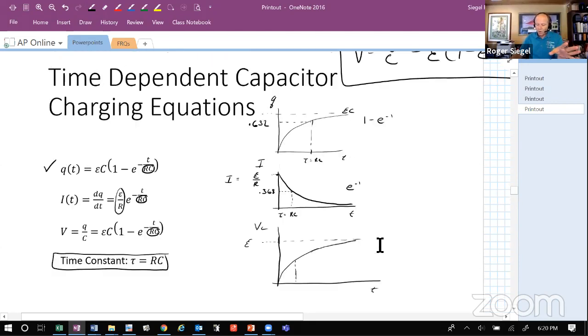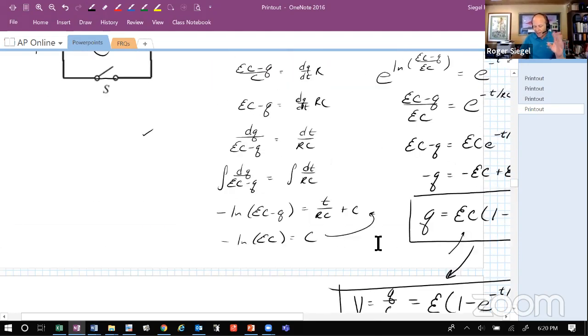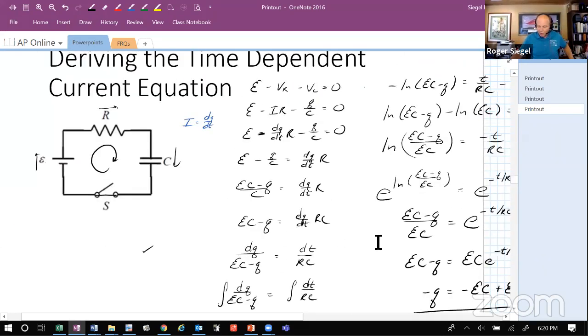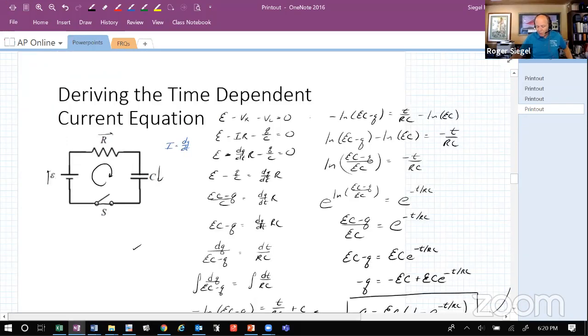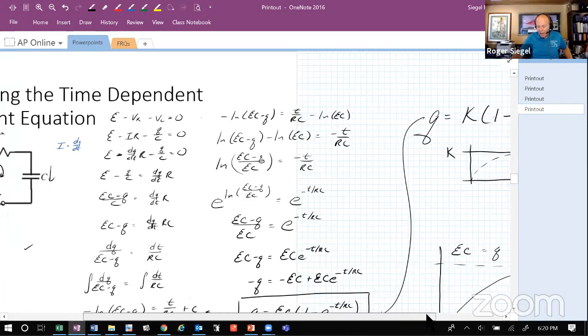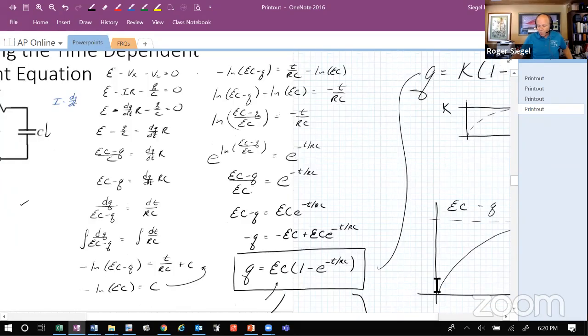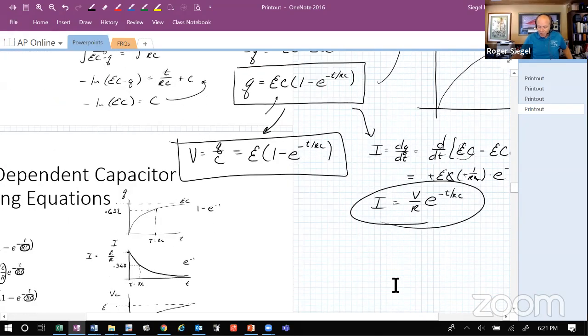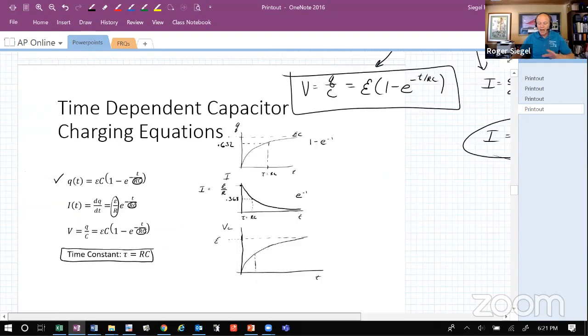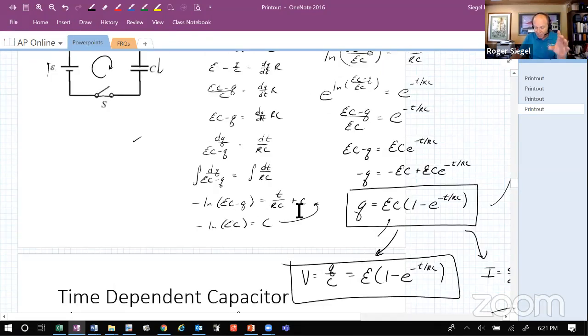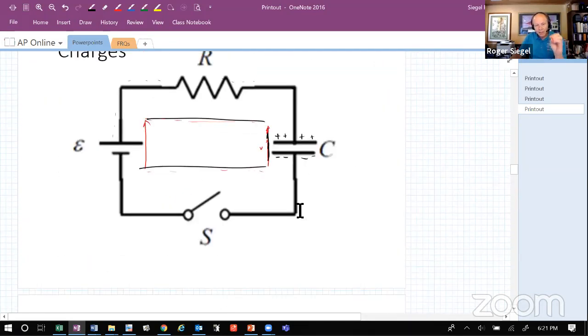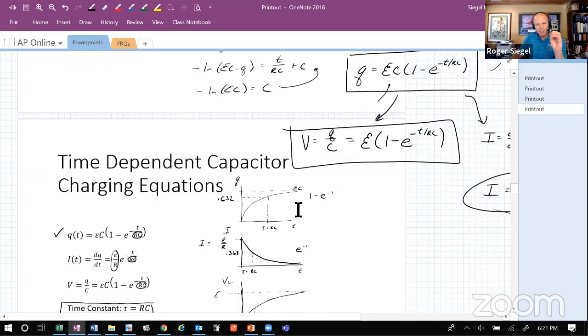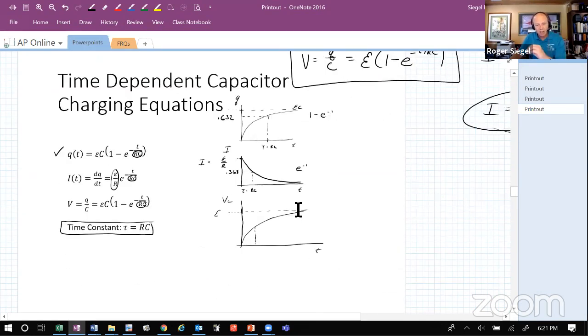So we want you, more than the math, and I had to do the math just because it's part of the curriculum, but more than the math, we really want you to think about why these graphs are shaped the way they are. If you could, with your friends, sit down and say, well, this graph is shaped like this because of this, and relate it back to this picture and what's going on, that's what's going to be really key to being successful on this year's exam. Not so much the math, but really understanding what's behind it.